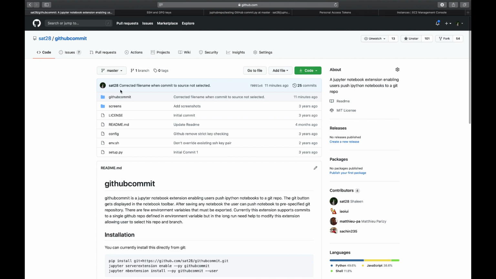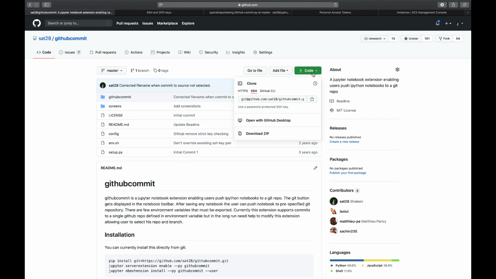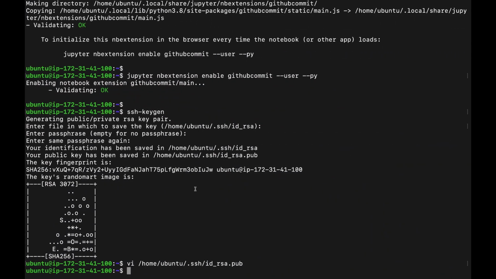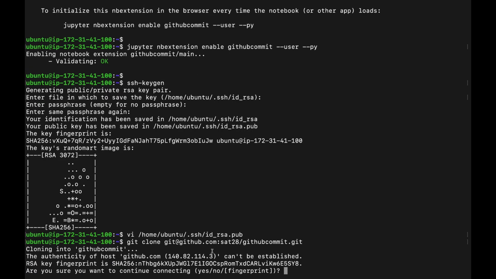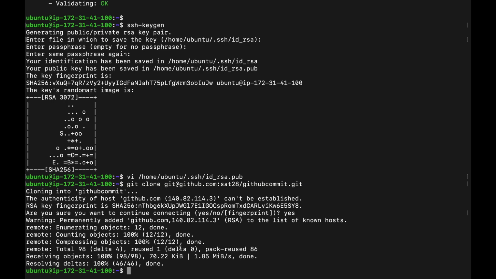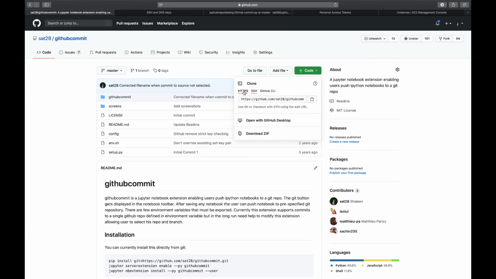What I have to do is clone this repository into my local machine, the machine in which I am working. So now a simple git clone, and you can see it is using SSH now. A simple git clone would work now, but if SSH was not configured, then I can use this HTTPS option, but yeah, that requires you to put in your username and password time and again. So SSH is the preferred way.